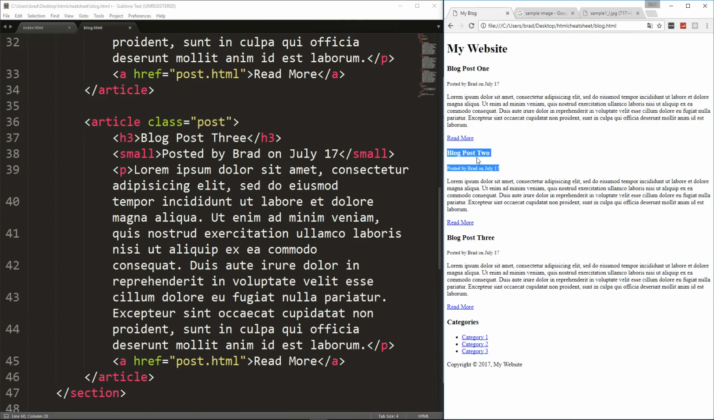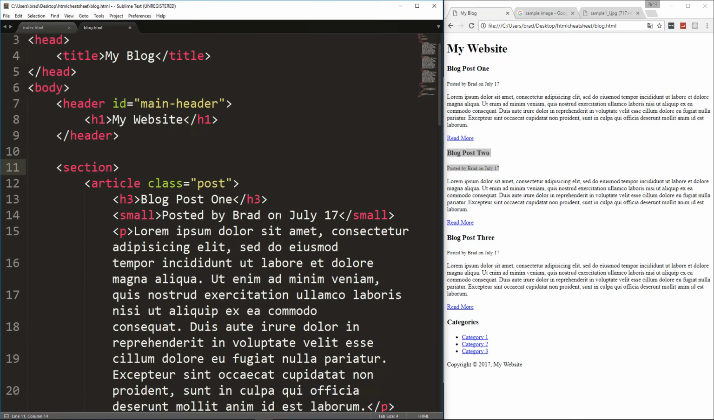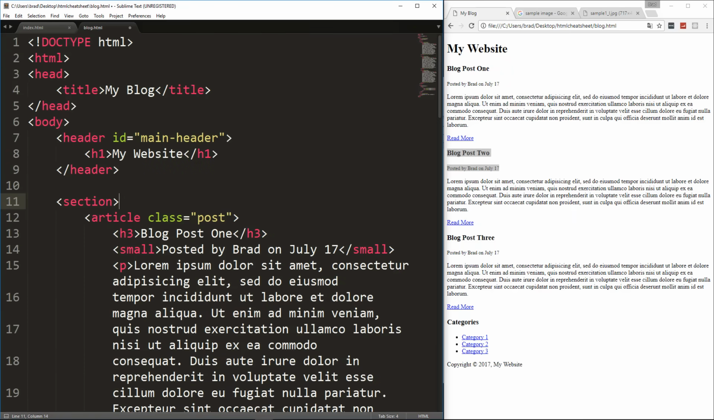They might wrap that inside of a header. It doesn't necessarily mean it has to be your main website header. Okay, now I really don't want to get into CSS in this video, but I will add just a couple simple